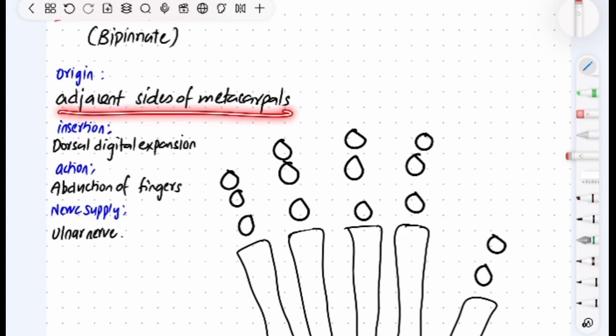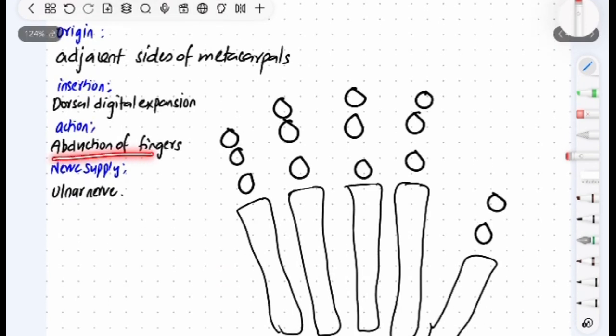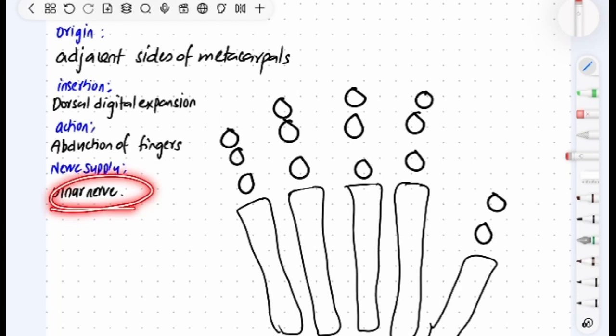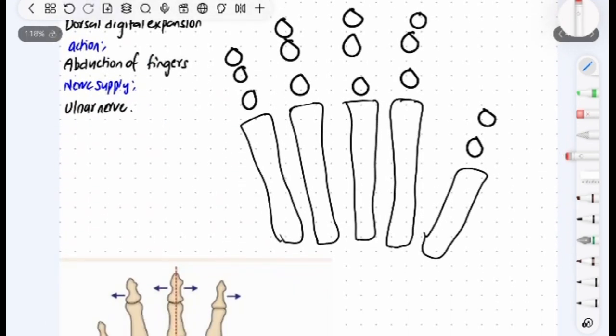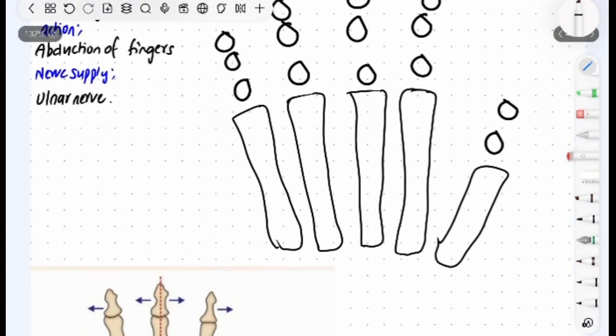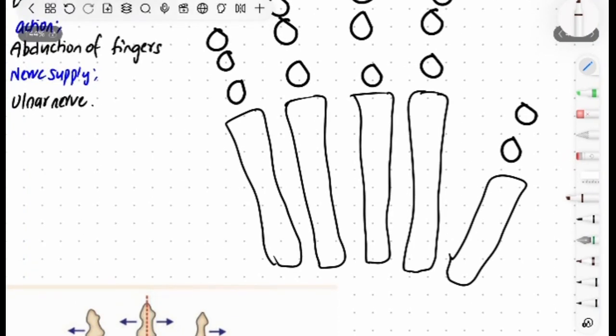Don't worry, we'll trace this in the diagram. In exam, we have to write the origin like this only, adjacent sides of metacarpals. Insertion is the dorsal digital expansion, and action is the abduction of fingers. The supply is the same, ulnar nerve. I'll show you how they get originated from the adjacent sides of metacarpals. So they get originated like this,